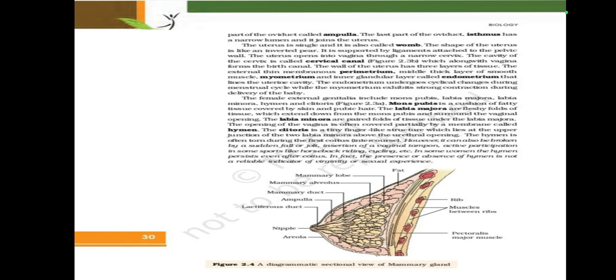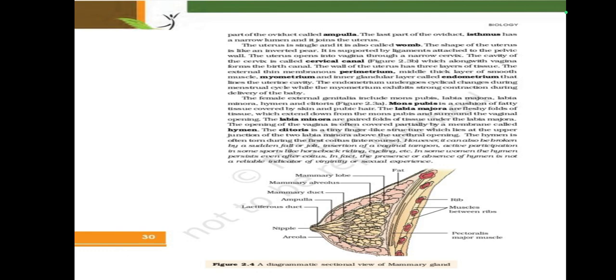often torn during the first coitus or intercourse. However, it can also be broken by a sudden fall or jolt, insertion of a vaginal tampon, or active participation in some sports like horseback riding, cycling, etc. In some women, the hymen persists even after coitus. In fact, the presence or absence of hymen is not a reliable indicator of